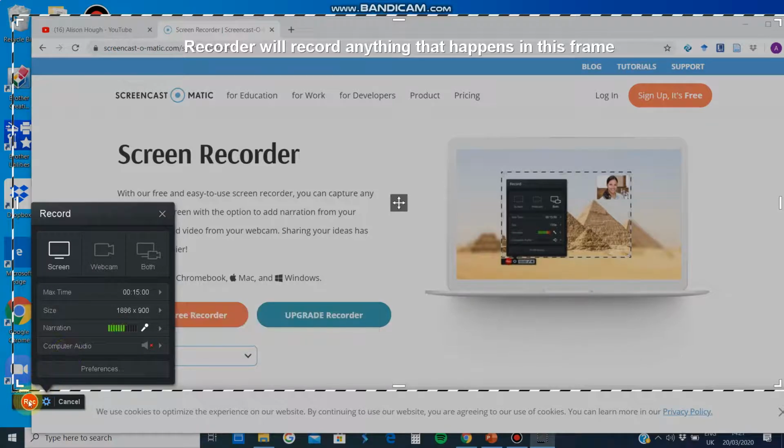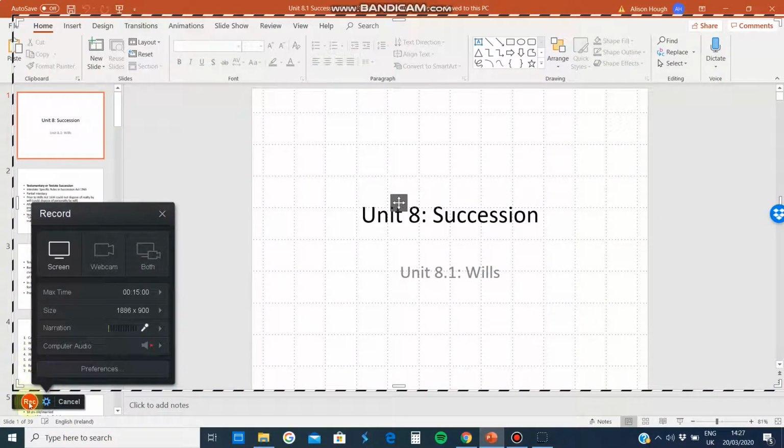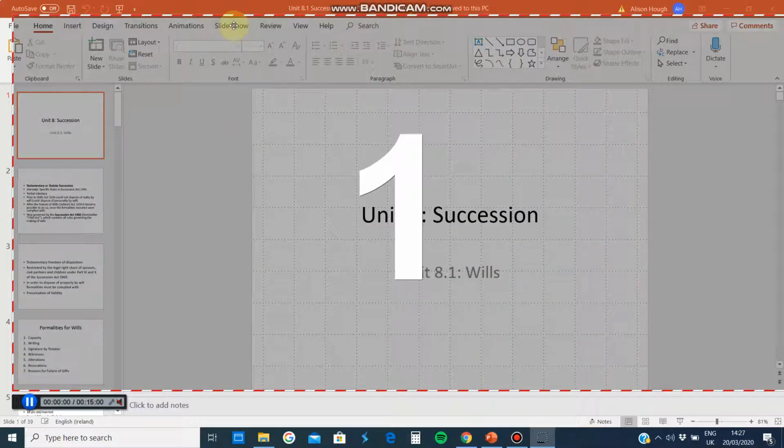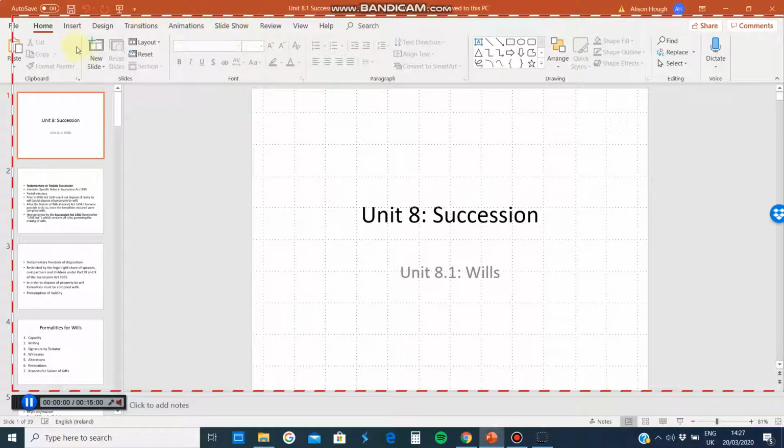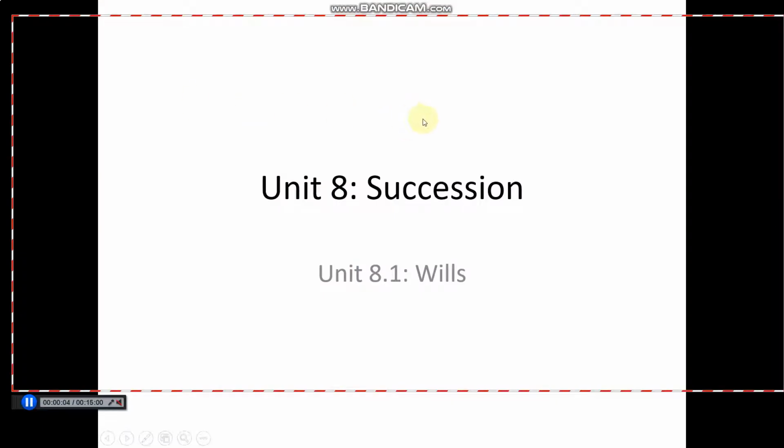And then click record. Okay, so before you click record, you want to have everything in place. So open up your PowerPoint, click record, go to slideshow, and from current slide. And then you should have this display where you get to see your slideshow, narrate over your slideshow. It's a good idea to have an introductory slide with a couple of bullet points describing the content